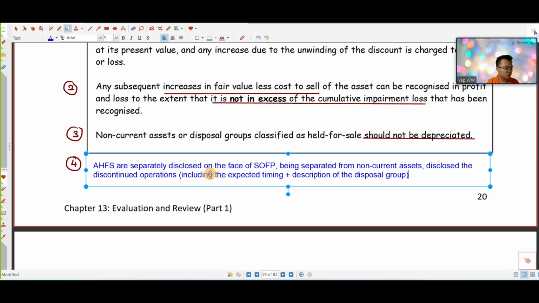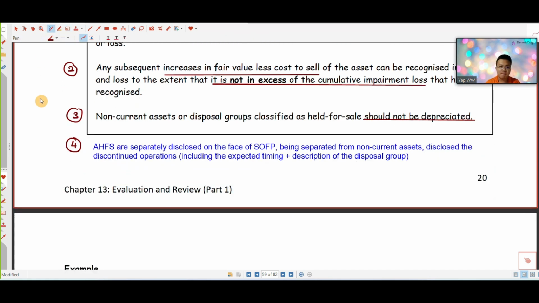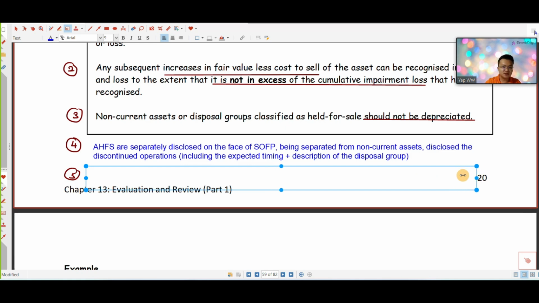Okay, there's one more thing I need to go through with you. Number 5. Accounting standards, this disclosure for disposal group is quite unique. Let me jot down over here. Disclosure of disposal group. The discontinued operations: the sum of the post-tax profit or loss for the discontinued operations